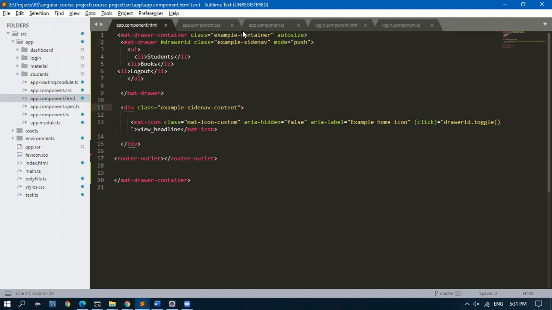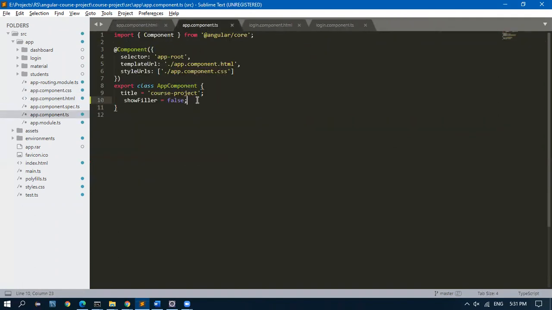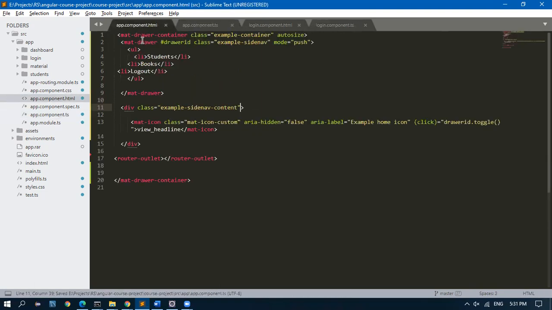So what I will do, I will create one property here as show side menu equal to false, which means don't show it. And I'll bind this property here. ngIf the show menu is true.